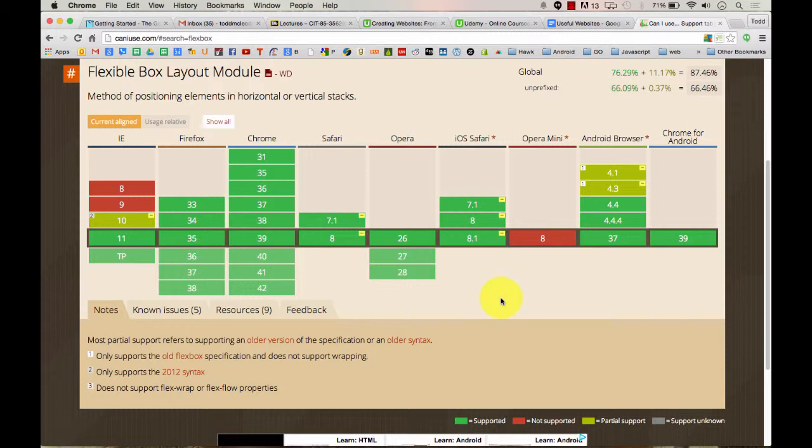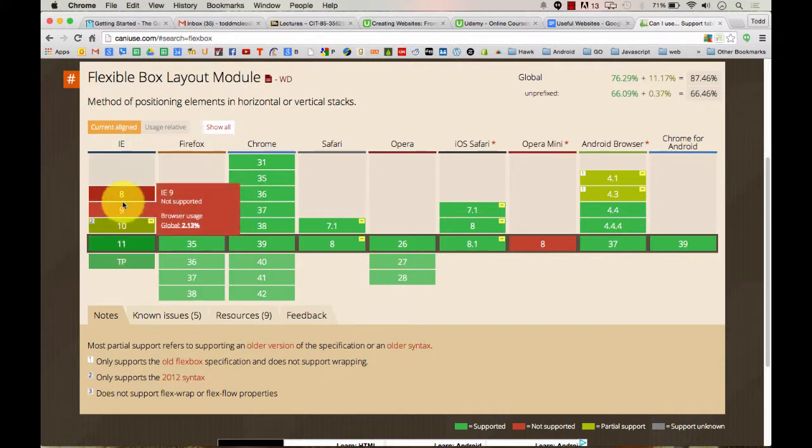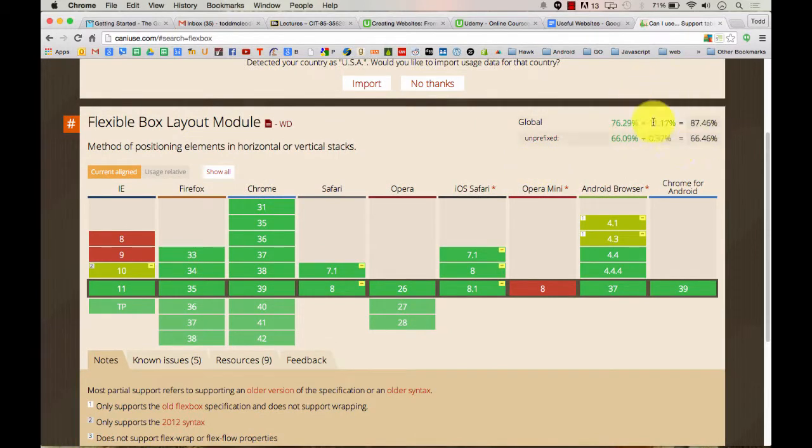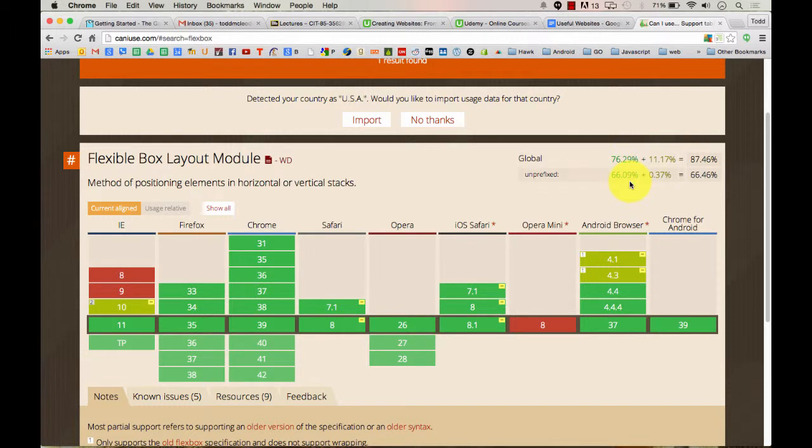But what's the install base on all this? If you hover, it gives you statistics like here you still have 2% that's using that in the world. You have 4% that's using that. And if you look right here, globally, with prefixes, you could have 87.46% of people will be able to use that. And we'll learn what prefixes are in your CSS code. And without prefixes, you'd have two-thirds of users will be able to see your website and have it render correctly